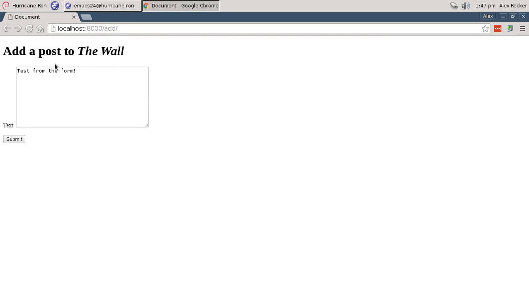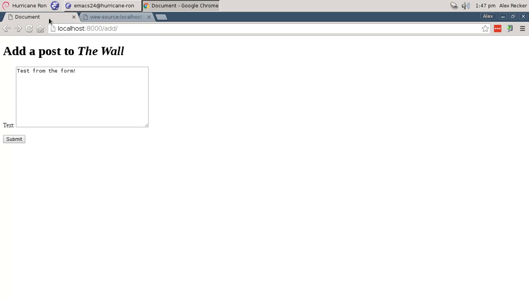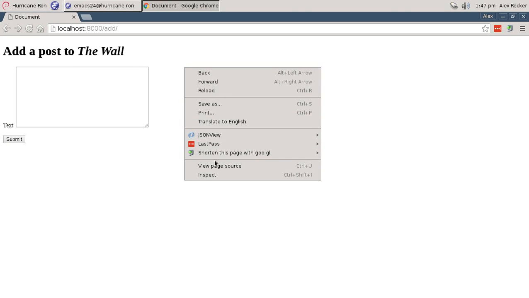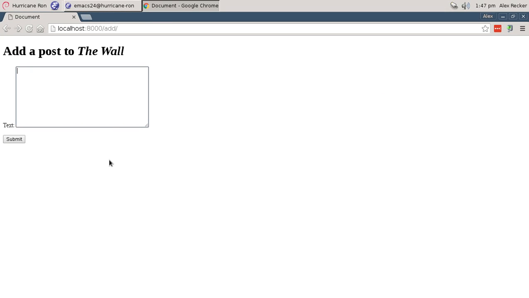And actually, why don't we view the HTML? I think that'll be kind of helpful. So here's our page source. We have our form in there, and Django turned it into p tags, but no token or anything like that. But when we refresh, the HTML looks the same, but now we have a middleware token that the request is going to grab, and Django is going to check that. So we should be able to